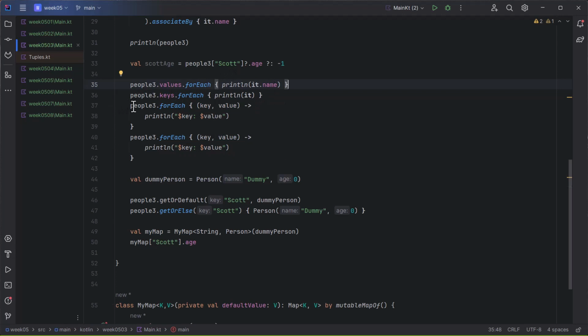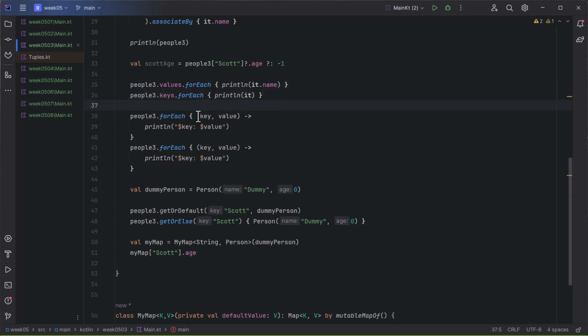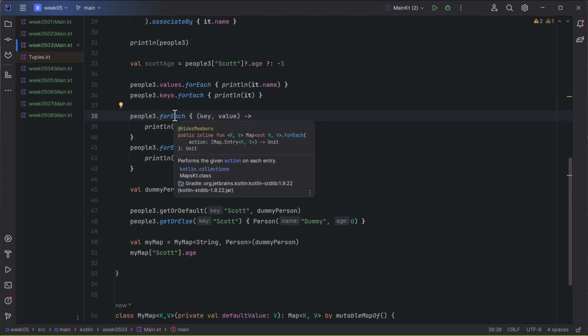One thing you can do if you want to walk through the entire map is you can do a deconstruction on each of the pairs. So when you say people.forEach, this walks through the pairs. You will see, I'm sorry, entries. So Map.Entry here is a class that has a key and a value inside of it. And Map.Entry, if we take a look at it,